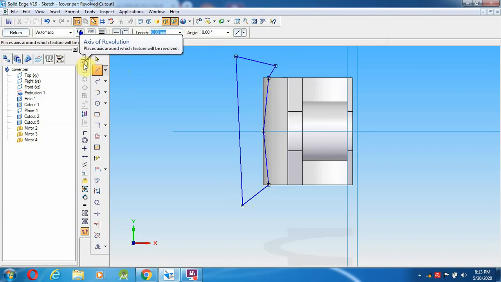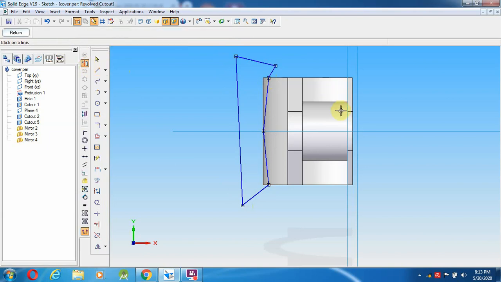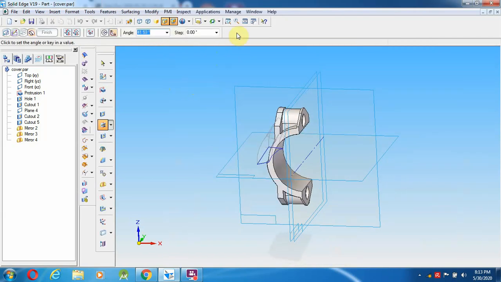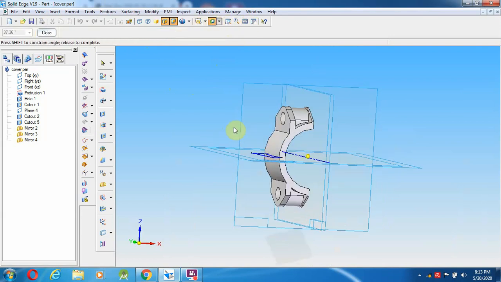If you want to make a protrusion, then you have to be careful. About this axis, then return. We want to make both sides, and then go to the rotate option.